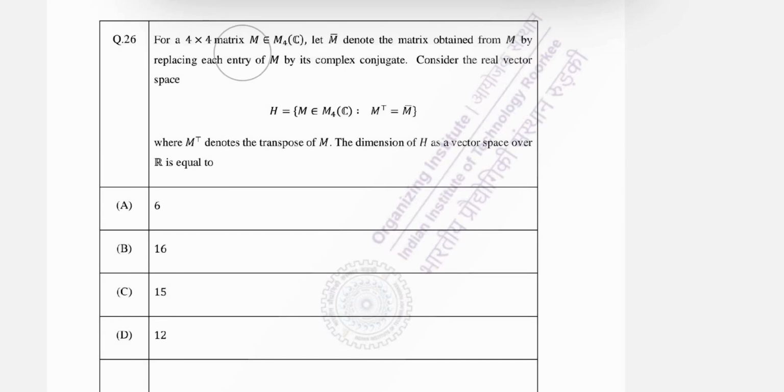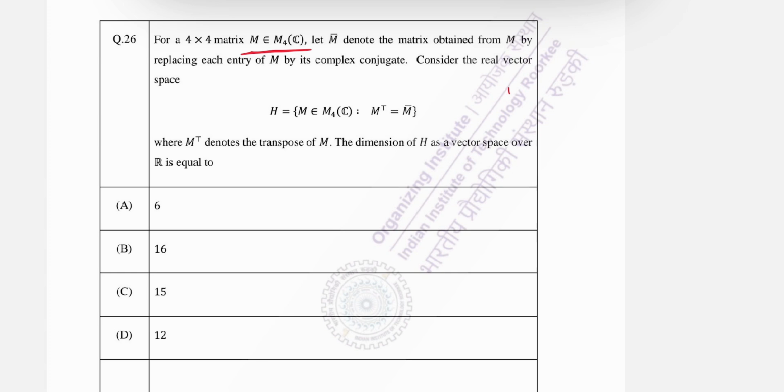Here you see M, a matrix M, and you see that this belongs to M4C. M4 means a square matrix of size 4. C means you have to take the entries from complex numbers. So our matrix M will be